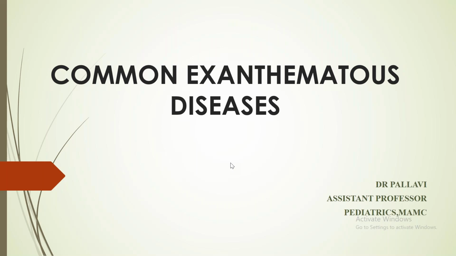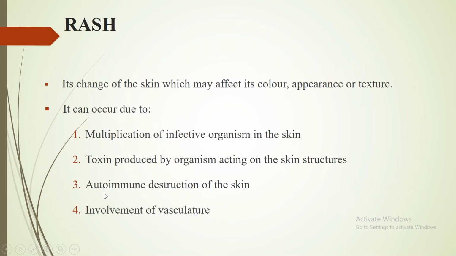So what happens is when these children have these rashes, the most common presentation along with the exanthem is a fever. So fever along with the rash is most commonly what we refer to as an exanthematous disease, because there is an underlying fever, there is some prodrome, maybe fever, conjunctivitis, rhinorrhea, coryza, and then there is an onset of an exanthem or a rash. So for this, most importantly, we first need to know what kind of rash it is.